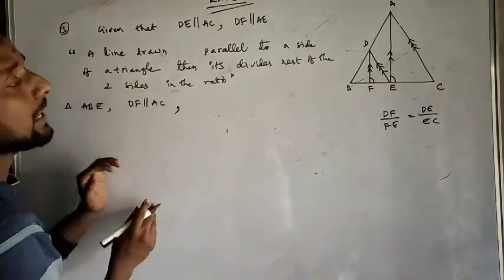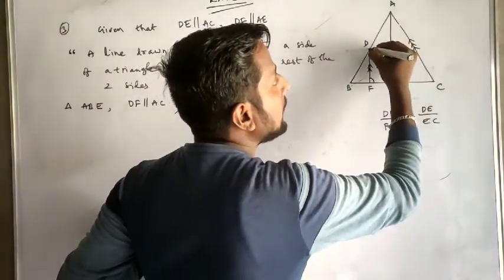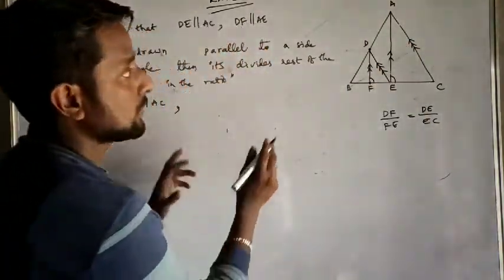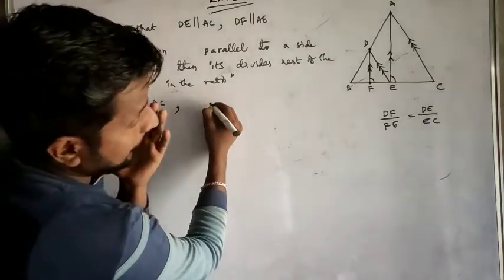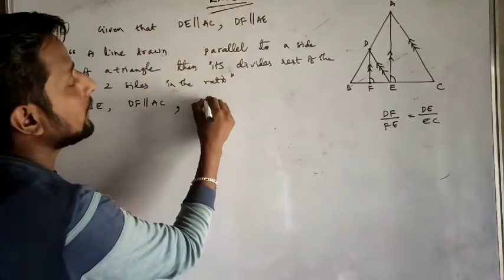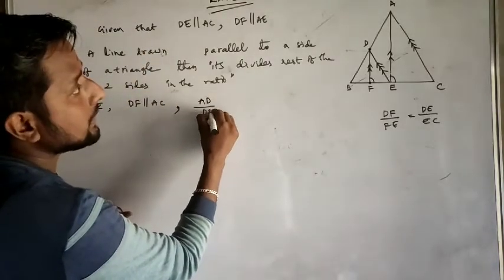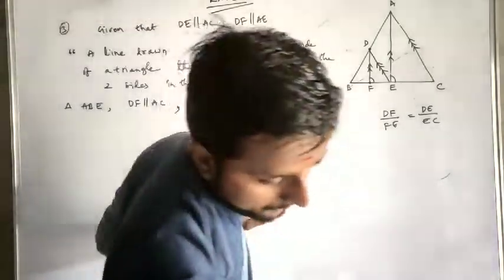Correct? So I'm talking about DF. Here the point is D, here the point is F. So I'll write AD by DB is equal to AD by DB is equal to